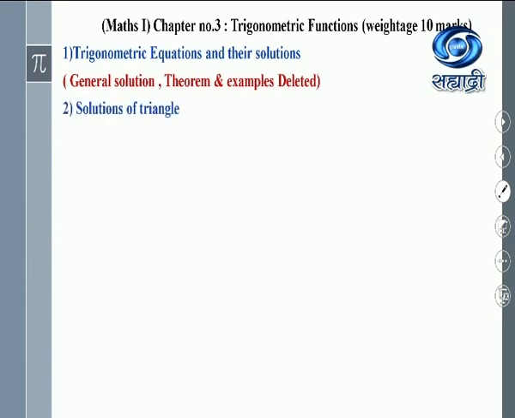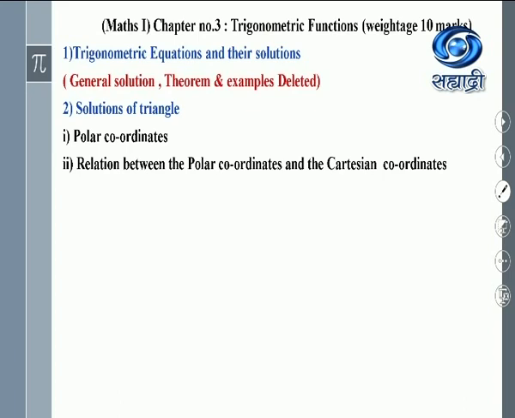The second article is the solution of triangle. This is the process of finding the measures of unknown parts with the known parts. Parts means the sides and the angles of the triangle. Thus, in all, there are 6 parts for the triangle. To study the solution of triangle, we have polar coordinates. This locates the position of the point in the plane. And particularly in this chapter, these polar coordinates are used to denote the vertices of the triangle in the plane.